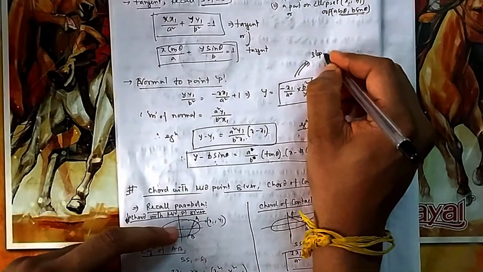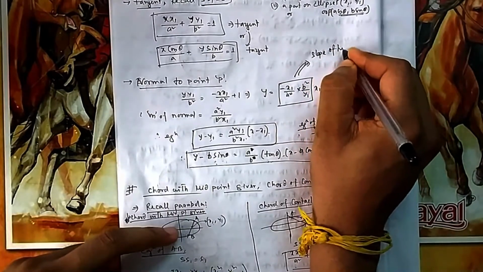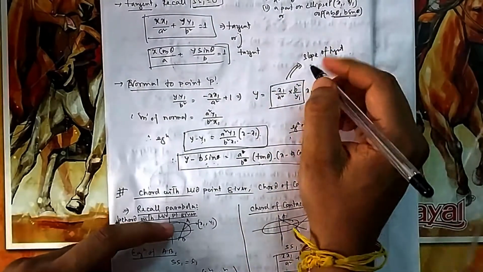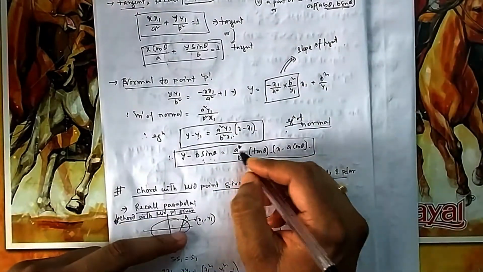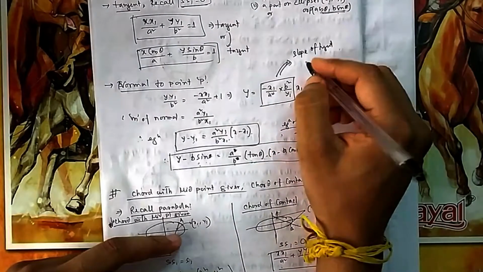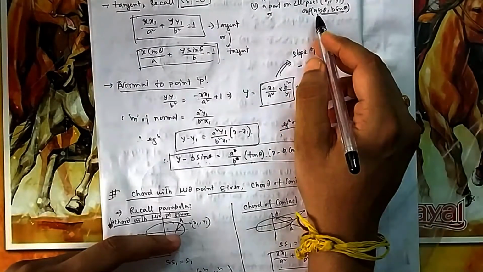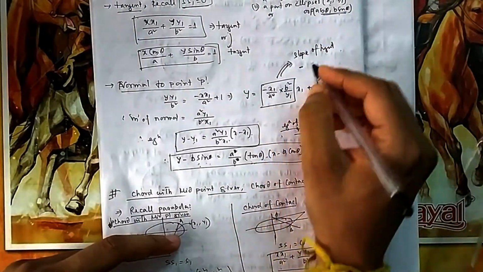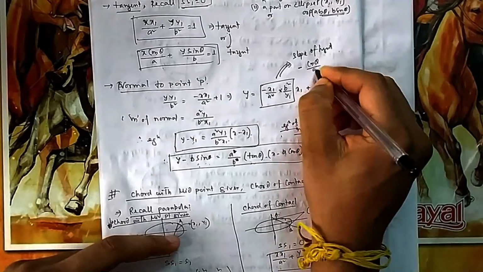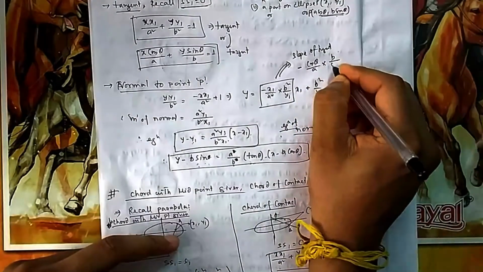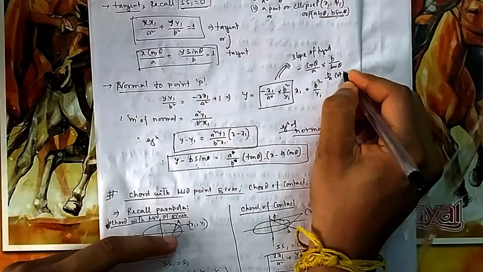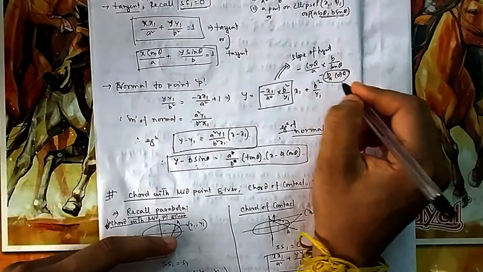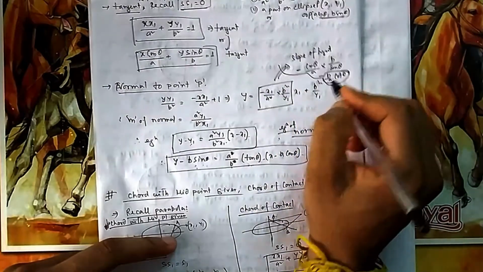So what is it in terms of parametric form? Slope of tangent. In parabola it was 1 by t and normal was minus t, and here you can see the normal is a tan theta by b, and minus x1 will be your a cos theta, so a would get cancelled, so it will be cos theta by a into b by sin theta. So you can see it is b by a cot theta, so minus b by a cot theta is the slope of the tangent in terms of parametric form.